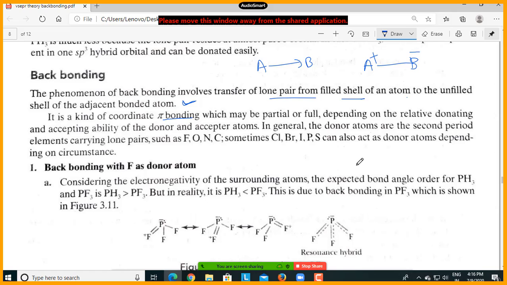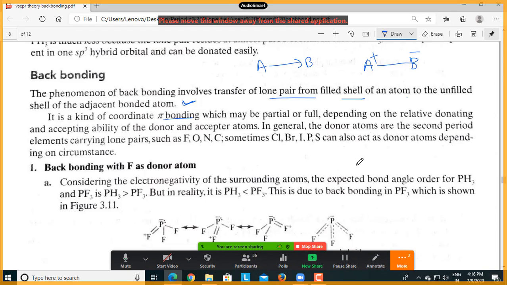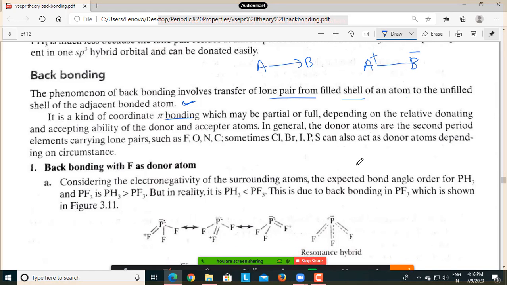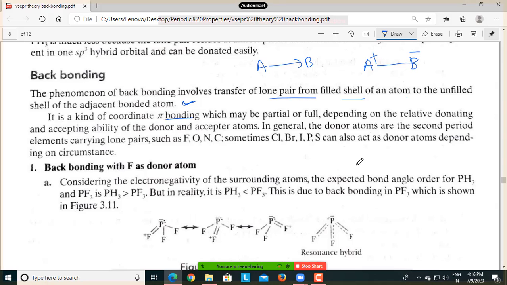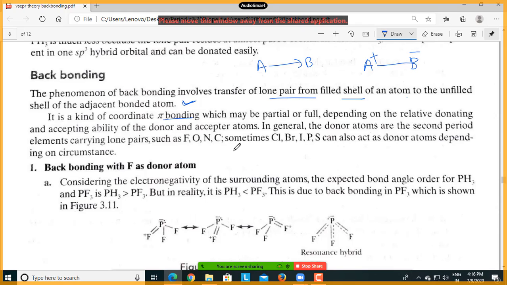Back bonding, which can be partial or full depending on the accepting ability of the donor. इसको हम कोऑर्डिनेट बॉन्ड की तरफ भी दिखा सकते हैं। एक होगा डोनर, एक होगा एक्सेप्टर। In general, the donor terms are the second period elements containing lone pairs. जनरली डोनर होगा